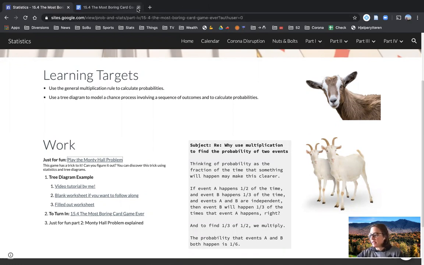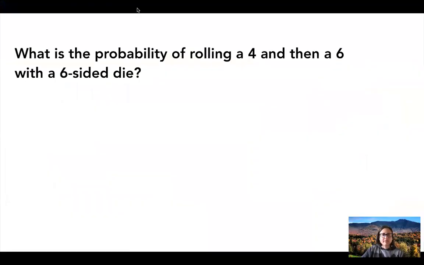So let me pull up my iPad. This was one of the questions that you had on your homework. The probability of rolling a 4 and then a 6 with a 6-sided die. A lot of people said, well, okay, there are 2 choices, a 4 or 6, and there's 6 options. So I'm going to say it's a 2 out of 6 chance. This is actually not the correct answer, right? The chances would be the same as a 1 out of 3, which would be